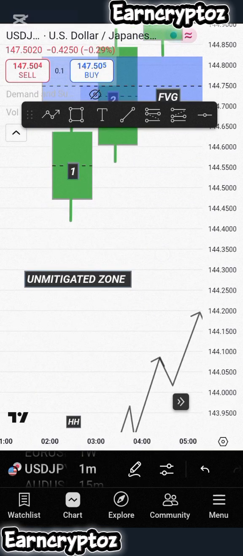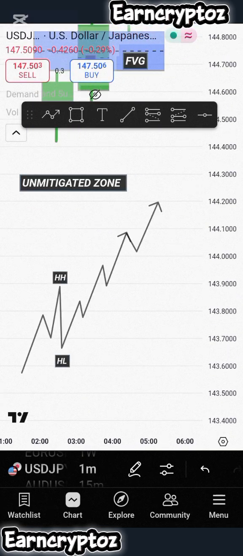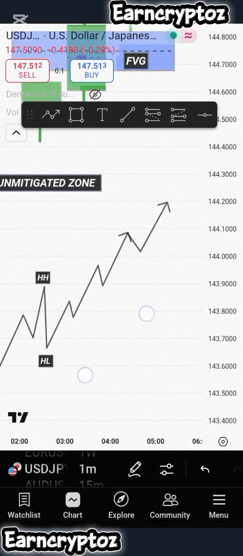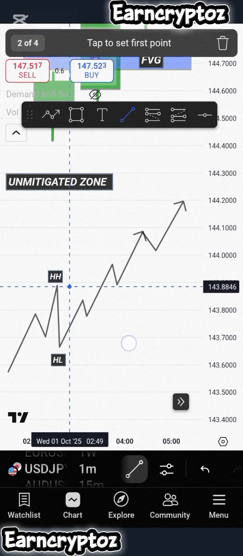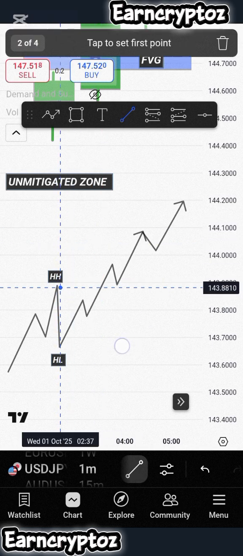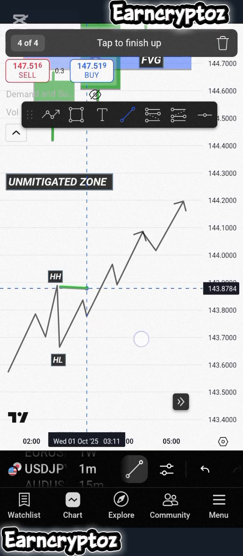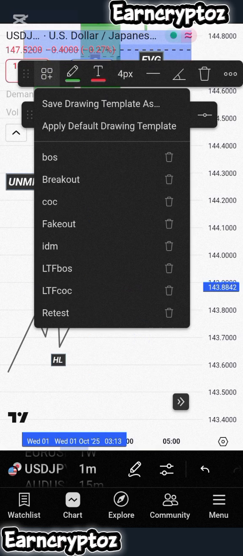So the next thing is the unmitigated zone. It's simply when we have a zone that causes break of structure and has a fair value gap, but the zone has not been revisited by price. So we're going to see an example. This is a market structure, and right here we have break of structure. If this break of structure is valid, that is one of the conditions